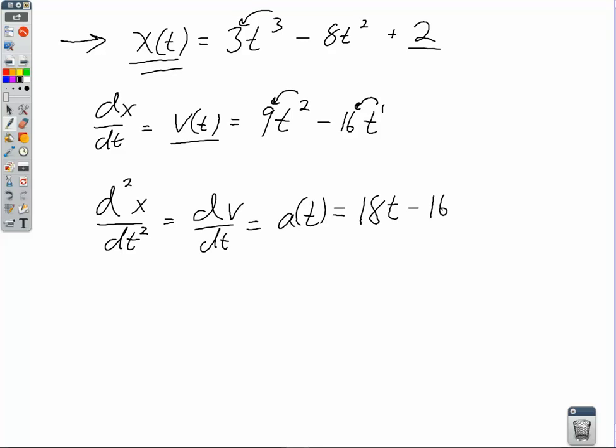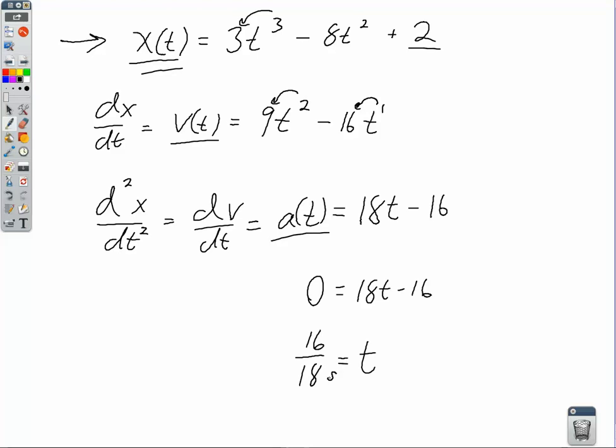What's the acceleration at 5 seconds? Plug in 5. When is the acceleration going to be 0? You're going to plug in 0 for the acceleration. Let's do it really quick. 0 is equal to 18t minus 16. We're going to add 16 to both sides and divide by 18. And oh boy, simplifying that, what do we got? 8/9 of a second. So when the time is just less than 1 second, we're looking at the acceleration being